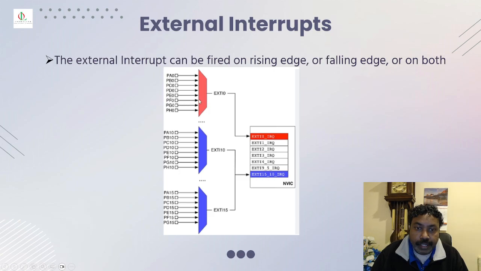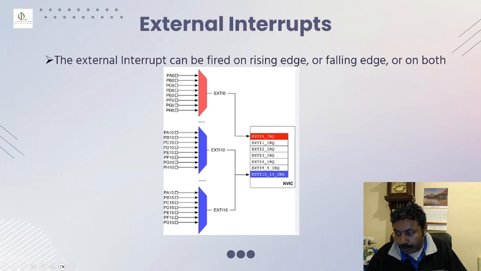If it is connected via pin 0, that will be external 0. Likewise external 1, external 2, external 3, up to external 10. So we will be using external 13. That's where the push button is connected. That's what we'll learn by connecting your NVIC to 13, which is also an active low switch. So if you still go back to that manual,